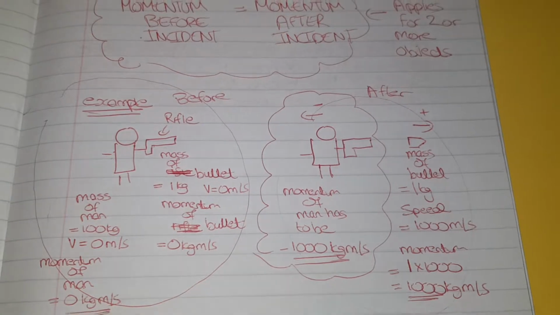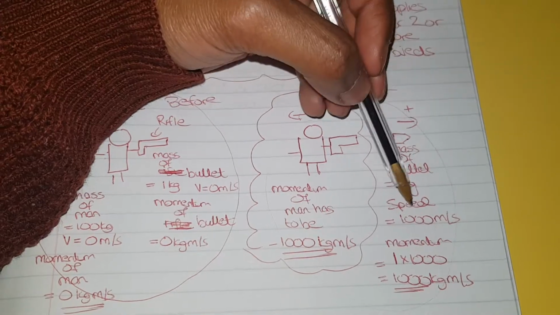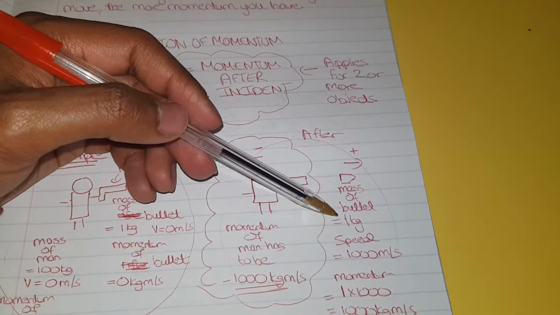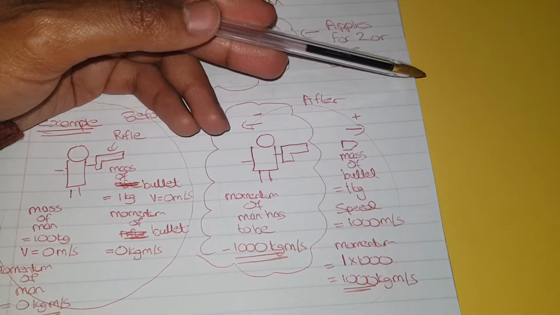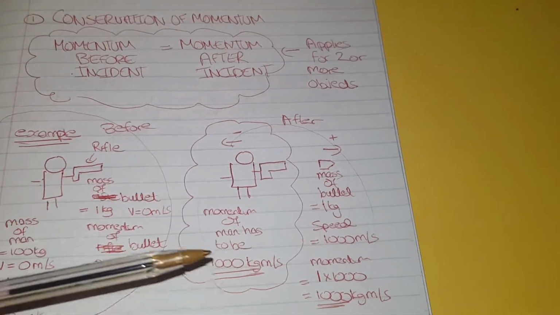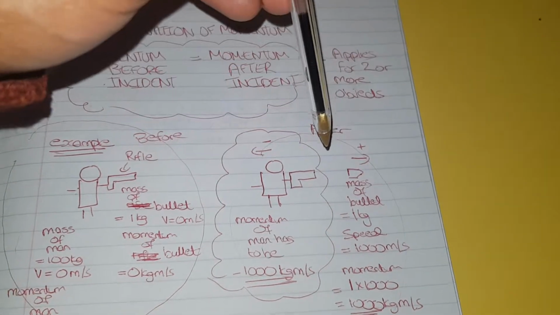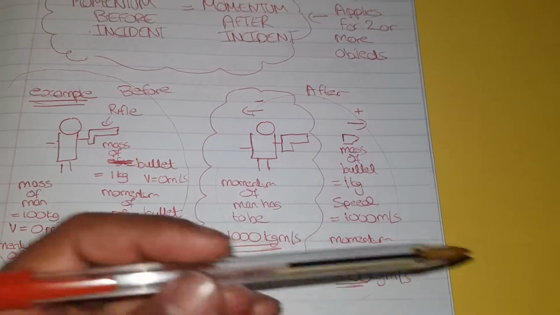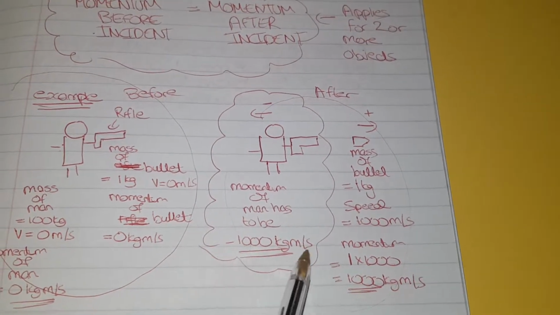And by that, what we mean is when you fire the bullet, just to give you some context, I've given you the mass, which is 1 kg, and I said the speed of the bullet is 1000. So using the formula of mass times velocity, or mass times speed, you get 1 times 1000, which gives you 1000 kg meters per second momentum this way of the bullet. Now, if we said that this has to all be 0 together, the only thing that can cancel 1000 this way is 1000 in the opposite way, because 1000 minus 1000 gives you 0. So all we need to say in the question is momentum of the bullet is 1000 kg meters per second this way. Therefore, the man has to recoil this way with a momentum of also 1000 kg meters per second.